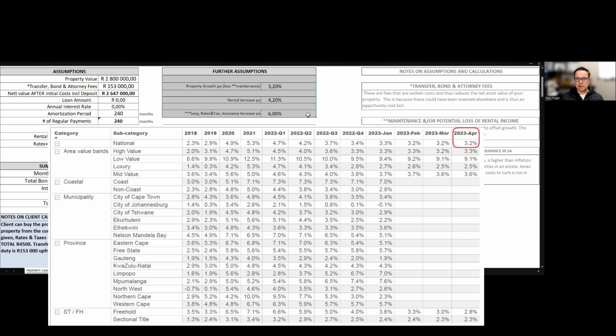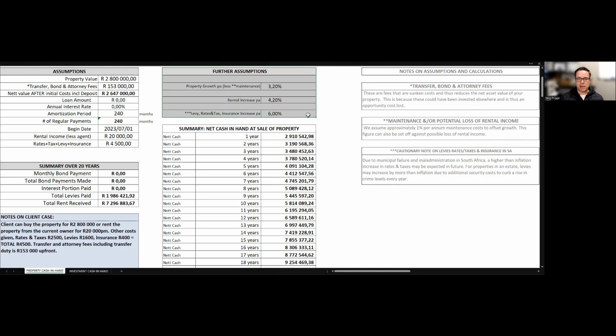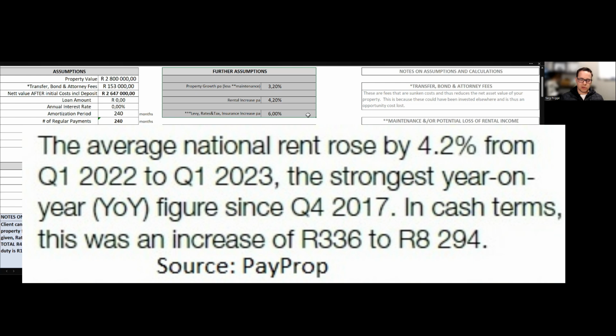In some provinces and in some suburbs, you might get a higher rate. In others, you might get a lower rate, and also depending on the property size that you buy. But this is quite an accurate reflection of the current property market. The rental increase per annum is 4.2%. In other words, this client will get 4.2% per annum. And that is also based on market research of rental income countrywide. The rental increases per annum countrywide is slightly lower, or actually much lower, than the actual inflation rate of 6.8%